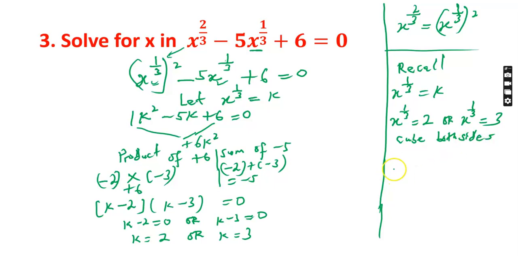So if I cube both sides, I will have s raised to the power 1 over 3, all cubed, equals 2 cubed. I'll do the same thing for the other side too. s raised to the power 1 over 3, all cubed, is equal to 3 cubed. So cube cancels cube, and I have s equals 2 raised to the power 3,